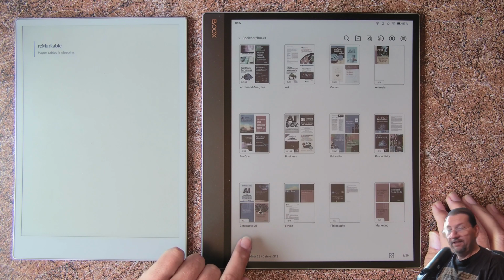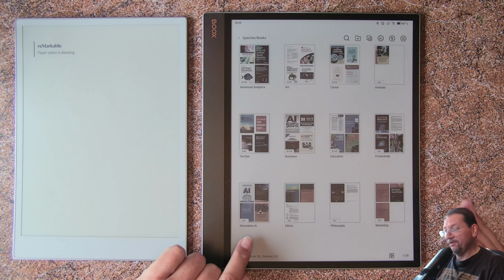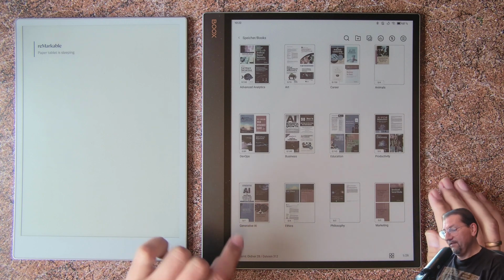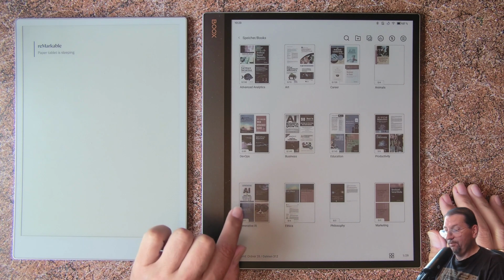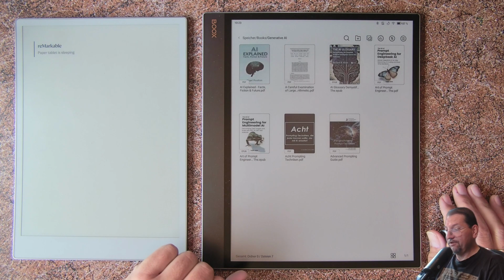For example, here the folder generative AI, which is quite empty because I'm just preparing the documents. It will be maybe one of the largest because of my profession, but currently only 7 documents. And here this book cover, if you see these 4 book covers, and if I open the content,